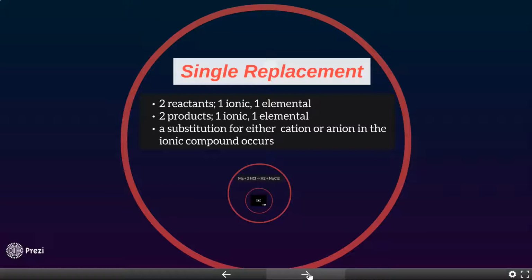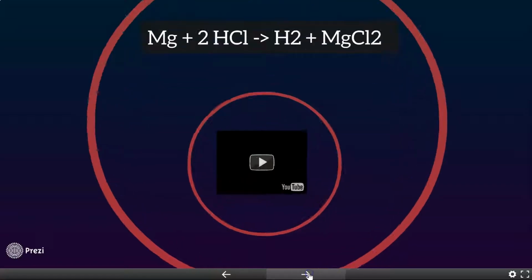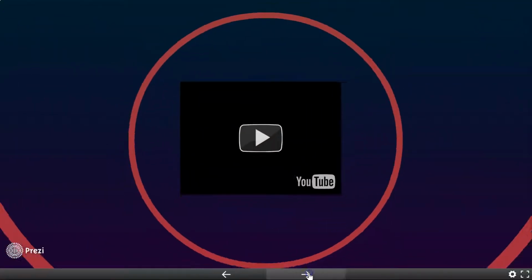So in single replacement, you have just the substitution of one of either the cation or the anion. So for example, the reaction that we're going to take a look at is magnesium, which is our element, a metal, reacting with HCl, which represents our ionic substance. And what's going to happen is magnesium is going to replace the cation in the ionic substance. So magnesium also becomes a cation, so you see it replacing hydrogen. So hydrogen comes out, magnesium goes in. So that's a single replacement reaction. And so here you've got